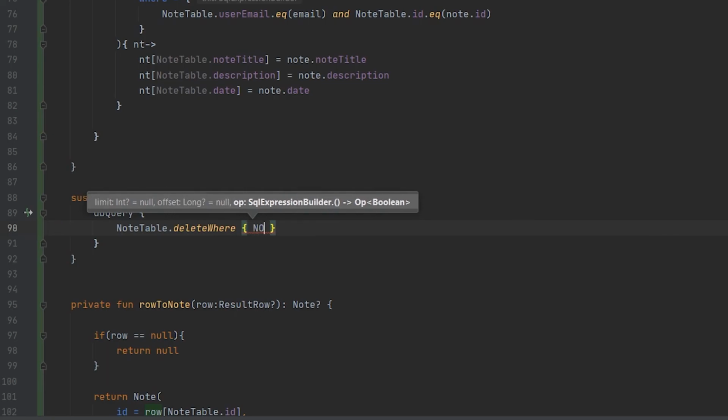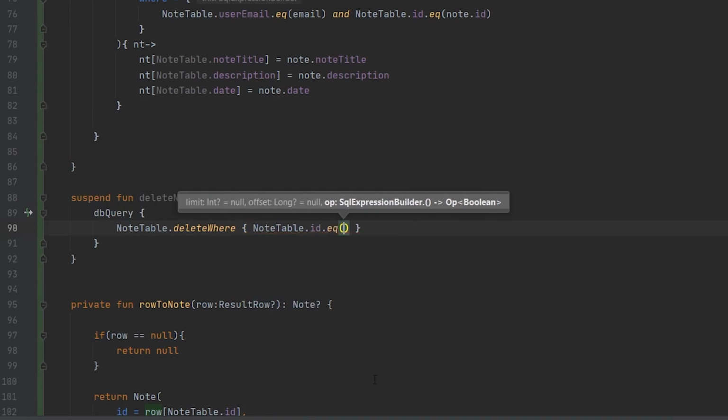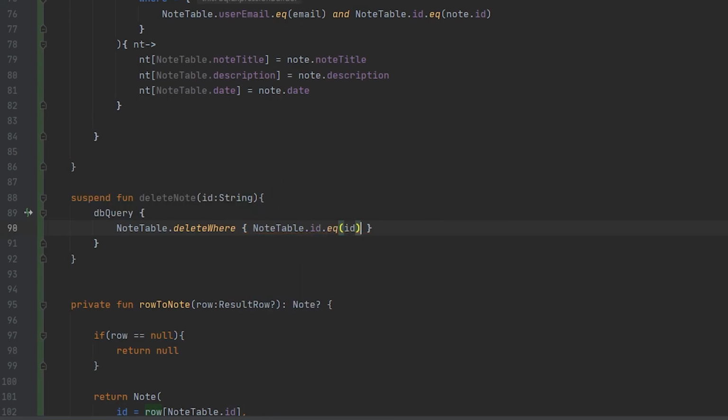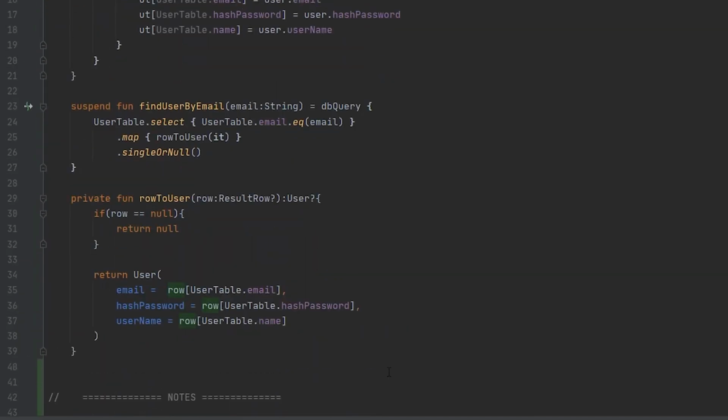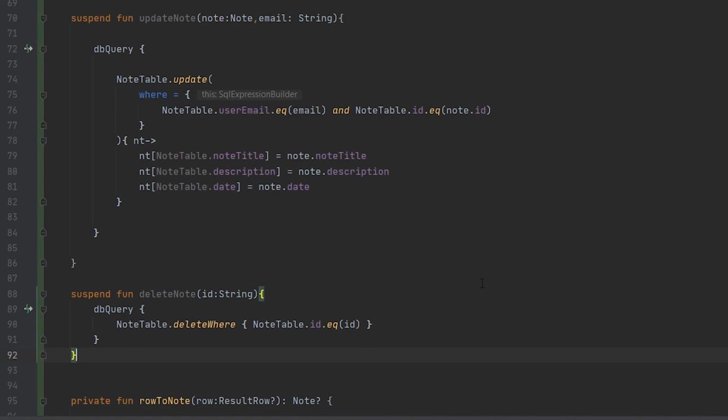So the condition is nodeTable.id is equal to this id. That's all. We have created all the functions which are going to perform all the operations on the nodes, and in the next video we will create node routes by which we can actually use these functions.